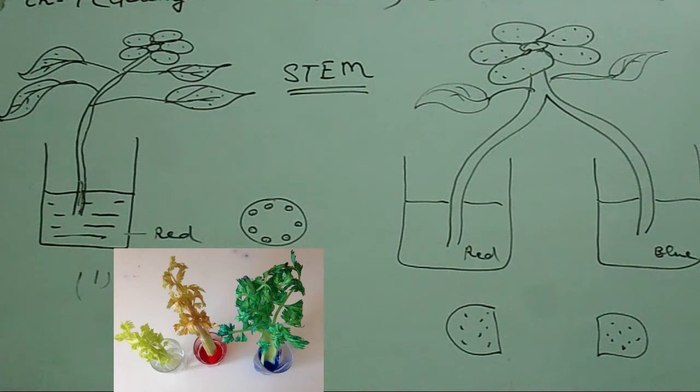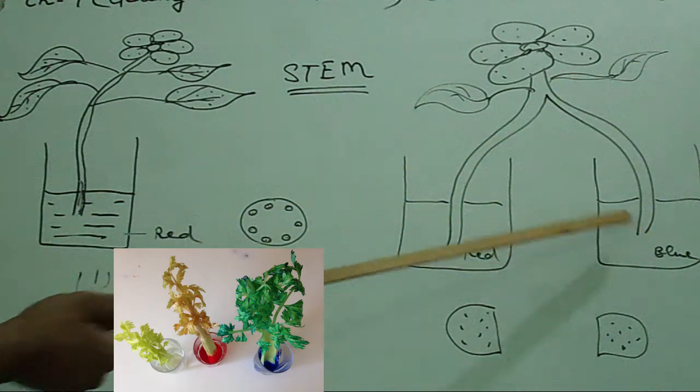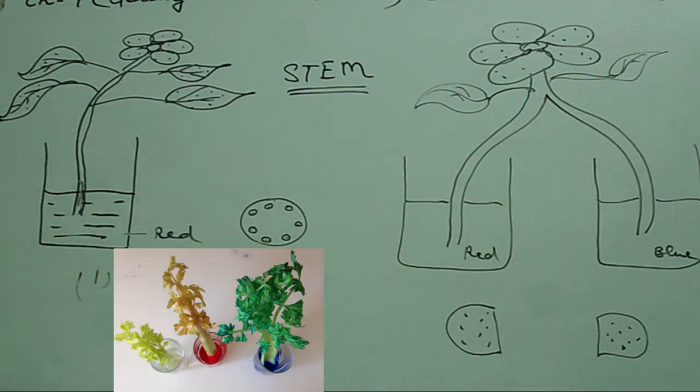This activity you can perform at home also. You can take 3 glasses instead of these beakers, and you can easily take a stem from outside near your home, and cut it from the center. You can perform this activity in 2 glasses. You should have red ink or blue ink at home or nearby. You can take it from anybody, and you can do this activity at home, because we are at home due to lockdown. So now I am going forward to the next topic.